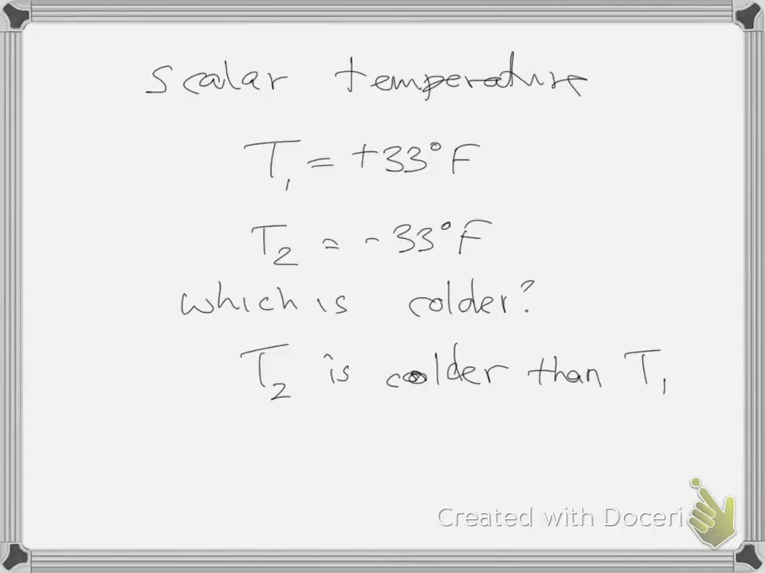And again, that's true only for scalars, not for vectors. For vectors, negative and positive signs only indicate direction. For scalars, it indicates size. Okay, so the last thing about direction is, again, when we're